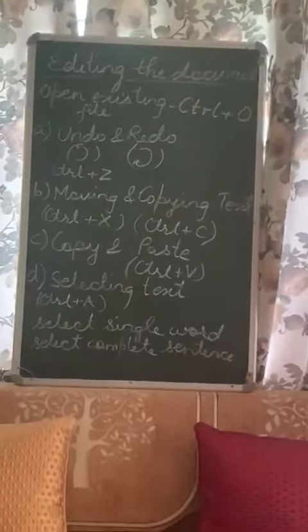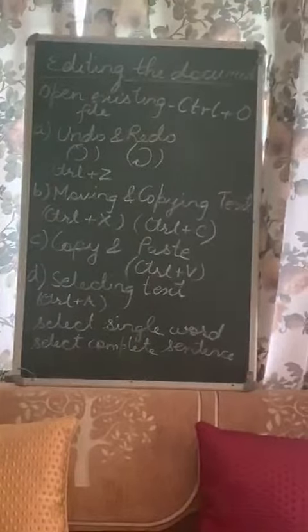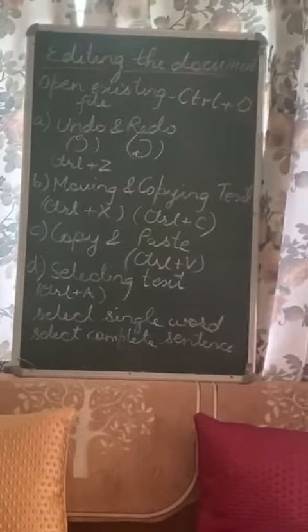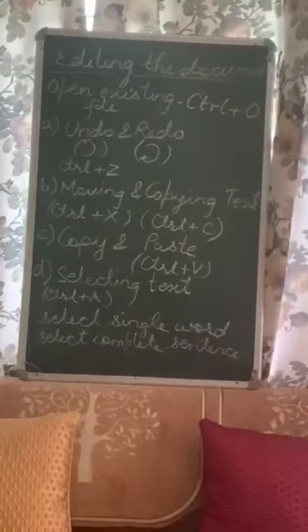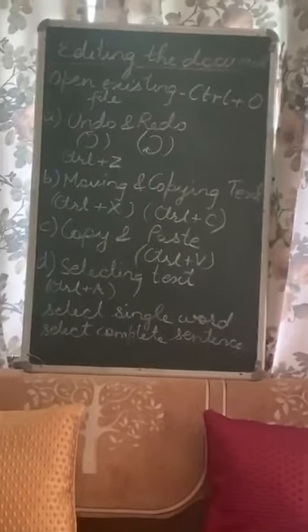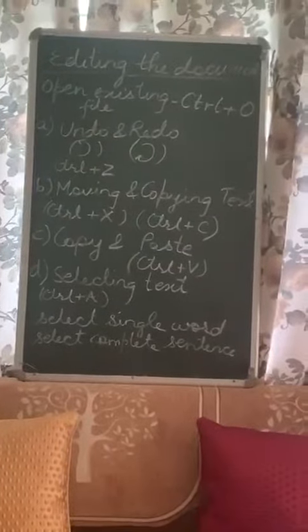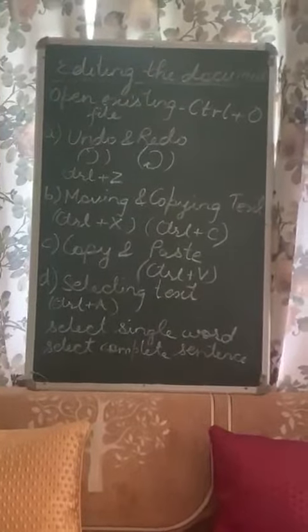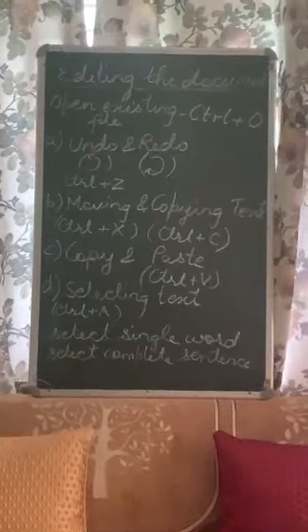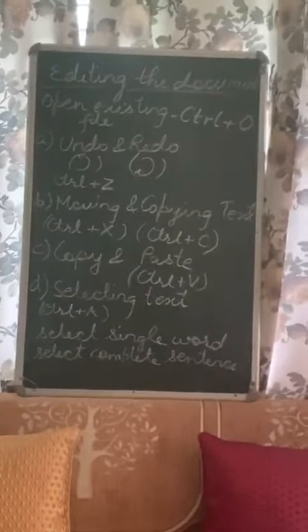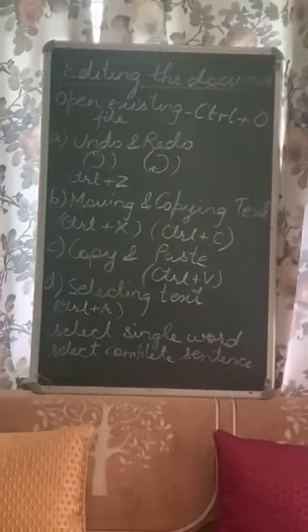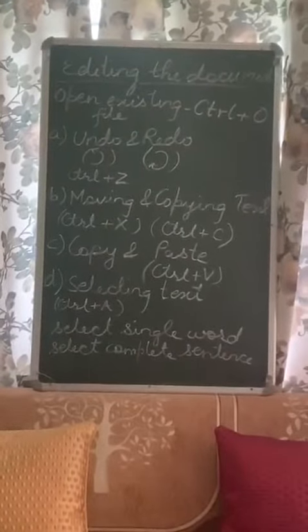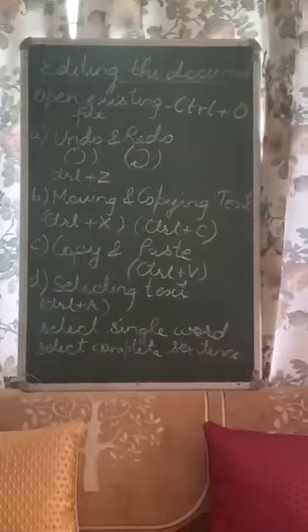Copy you already know, Ctrl+C, and pasting that to a new location, the shortcut key is Ctrl+V. Then the fourth one says selecting the text. Now you want to select either a single word, then with the help of mouse you can do it. Take your mouse just before that word, and then using the cursor of the mouse, swipe over it, you can select, or with the help of shift key press it and then take your mouse over that word.